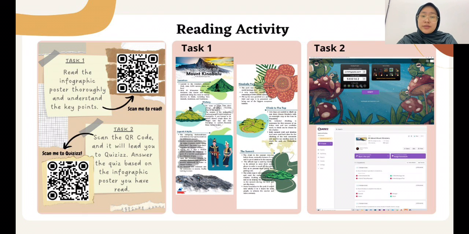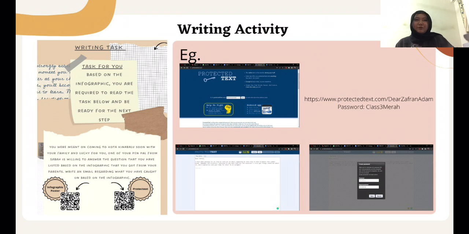For the second task, they will need to scan the QR code again. That will lead them to a quiz, which they will have to answer based on their understanding of the Mount Kinabalu infographic.